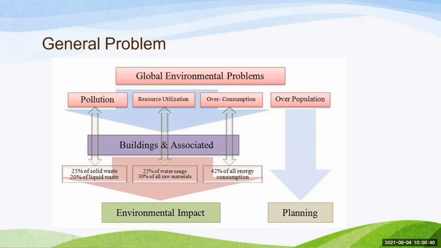Day to day the pollution increased, you do not control the pollution. Day to day you cut the trees, you disturb the natural resource, and there is a lack of oxygen. There are many types of problems. There is overconsumption for all energy consumption. That comes under overconsumption and overpollution, generated from the planning. Your planning is not good. This pollution is created from the overpopulation.